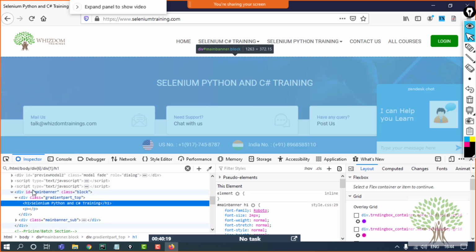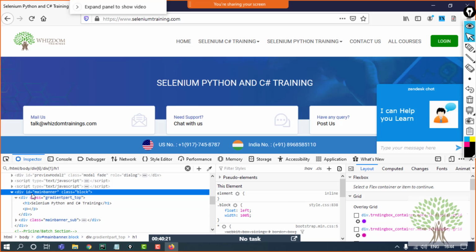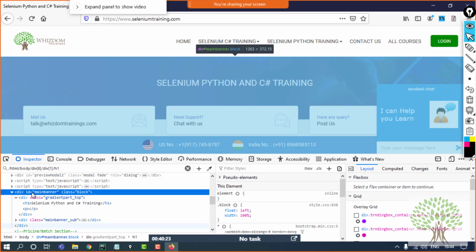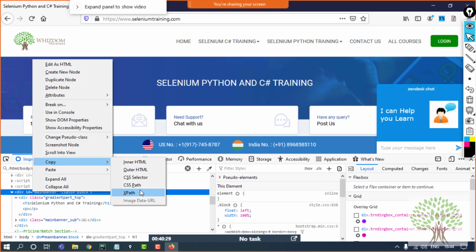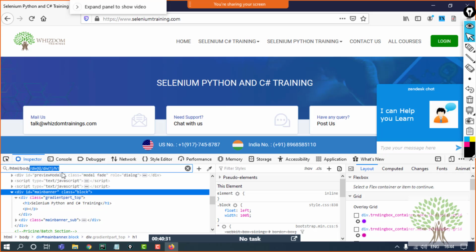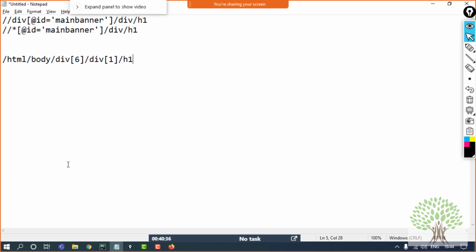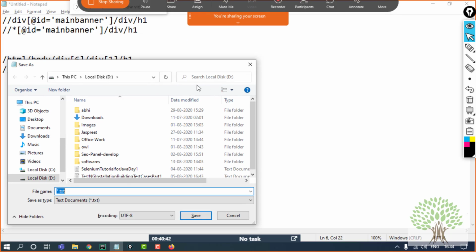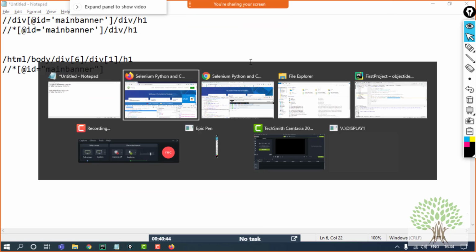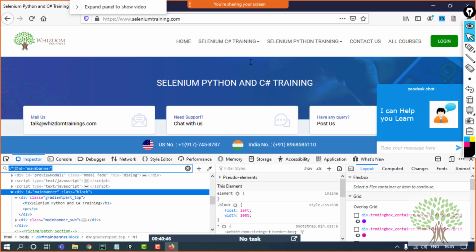The same way, if I look for this particular tag name which has an ID already, the optional attribute ID, then it's going to give me a partial XPath. I'll go to copy XPath, and this is what it's returning me. So this is about Firefox, and why we go with Chrome to extract and identify elements. This is the main reason.